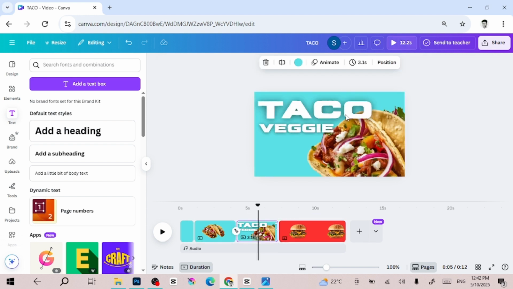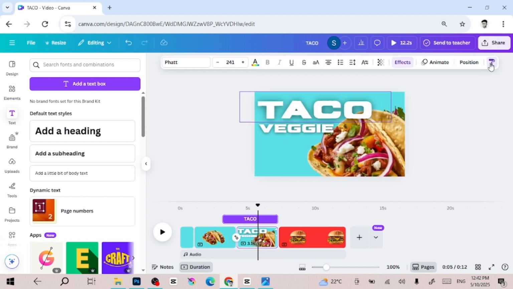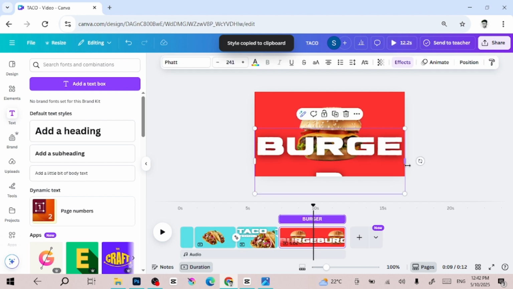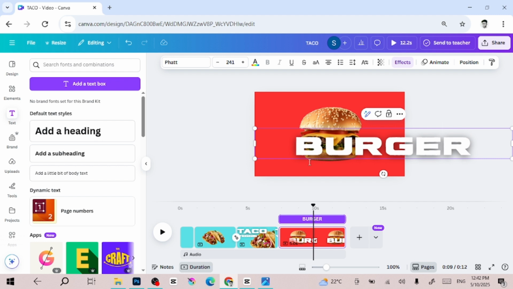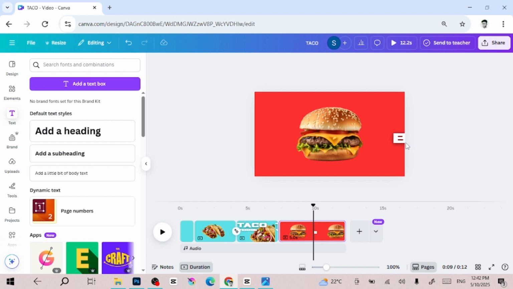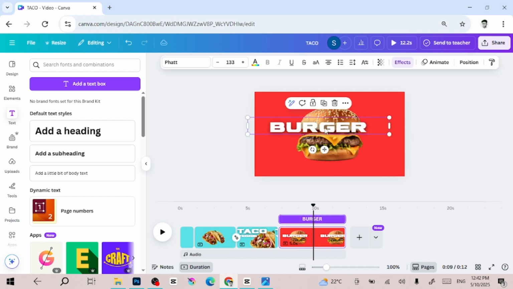I will copy the style from here and go to this and make it like this, and I will make it like this, and I will add another text,